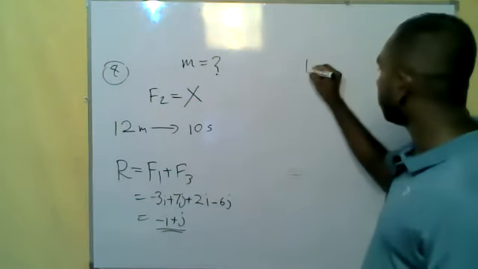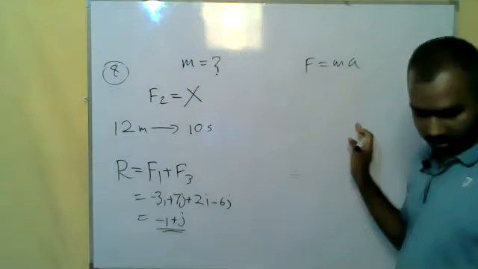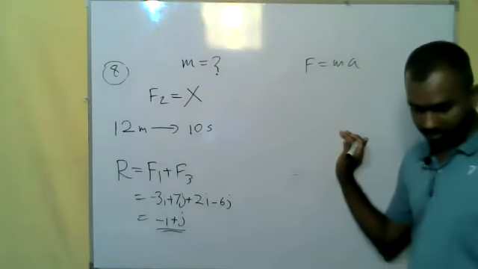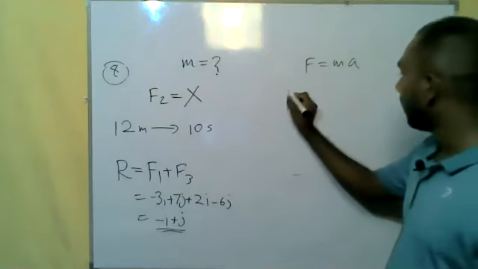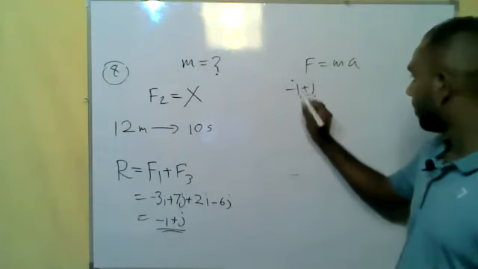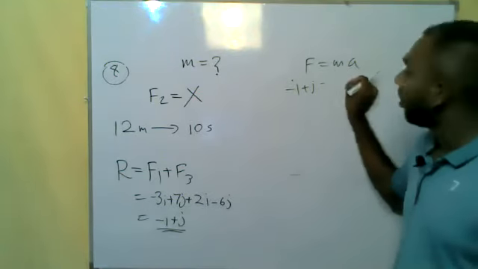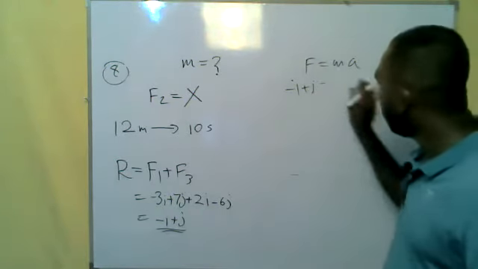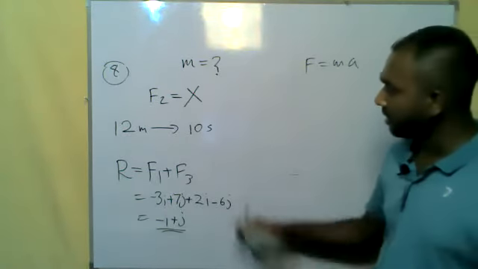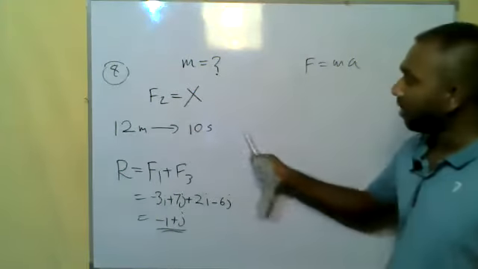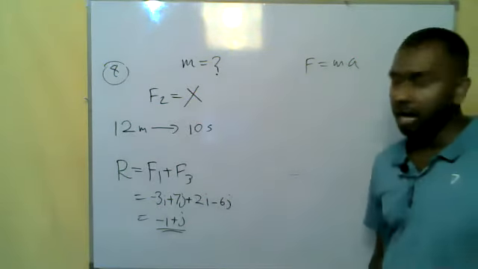If you look at the equation, F equals ma, force equals mass times the acceleration, can we find the mass now? Now we can apply it for the force. Total force acting upon it is minus i plus j. But we don't know both of these. We don't know the mass and we don't know the acceleration. So still we can't find the mass because there are two unknowns. For that, what is going to happen? They have given us some other data. What is it? Within 10 seconds, the object goes 12 meters.